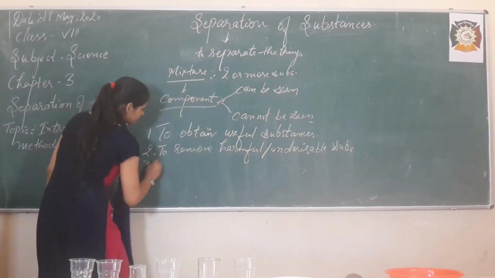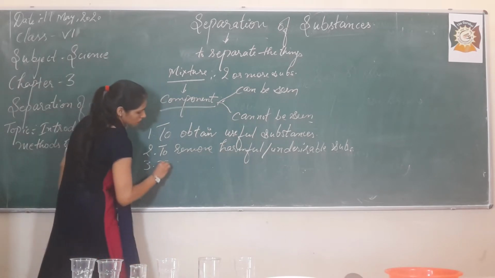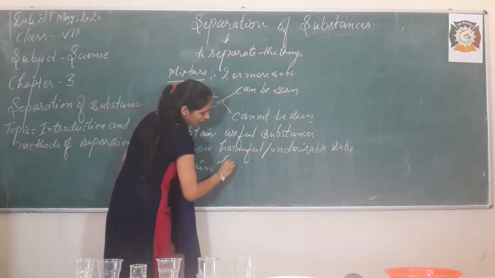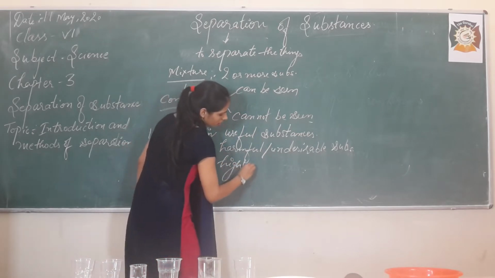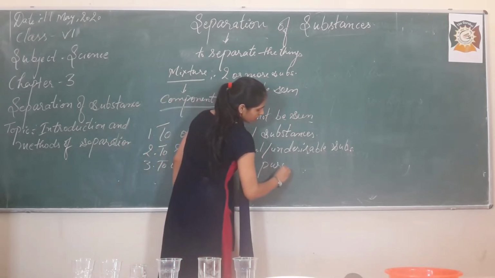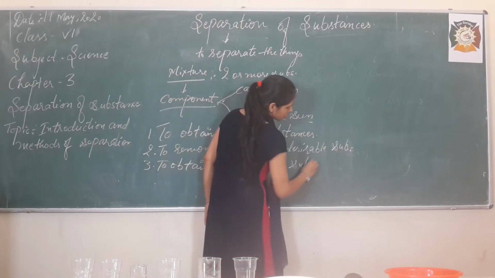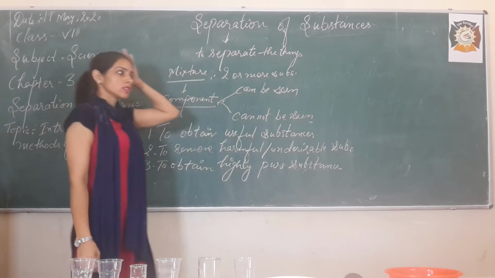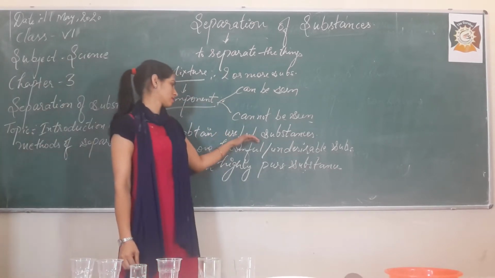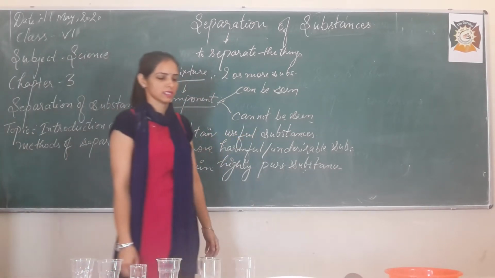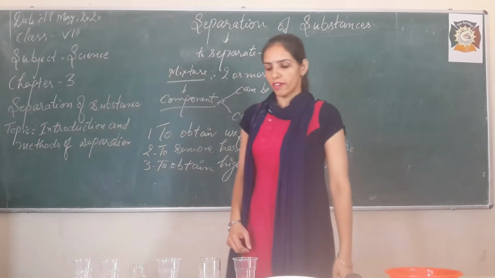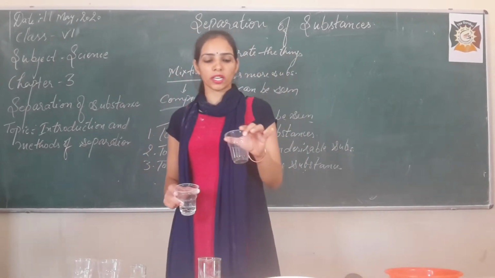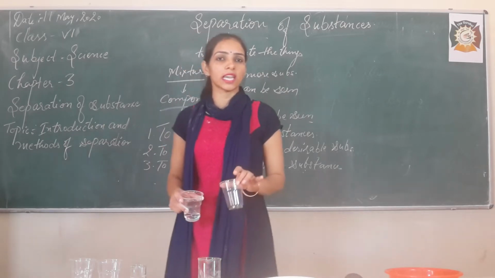And the third one, to obtain highly pure substance, right? Let me explain one by one. First, obtain useful substances. For example, when your mother prepares tea in the morning by making water with tea,